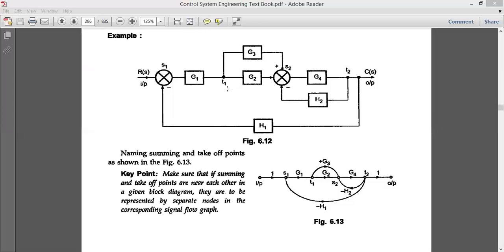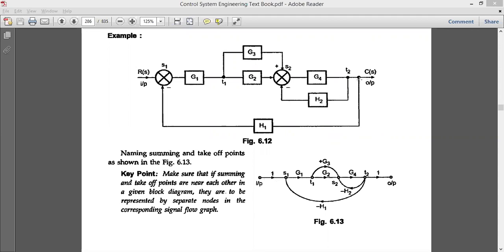So in this way we go about drawing the signal flow graph for the given block diagram. You can take any block diagram and convert it into a signal flow graph. Make sure that you add 2 extra nodes which act as input and output, but whose gain is equal to 1. We can see here, this is input and S1. Between input and S1, I don't have any number here, so you simply write it as 1. But some block diagrams may have some variables or numbers like 2, 3, 4, it can be any number. In that scenario, you should write that particular number here.